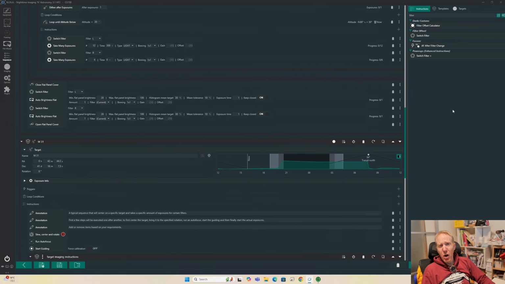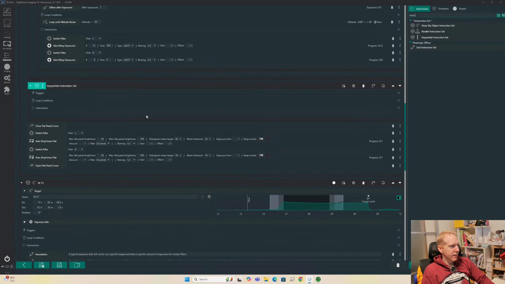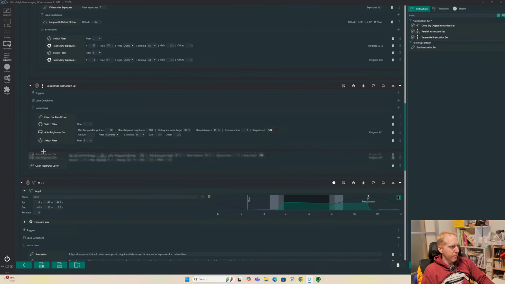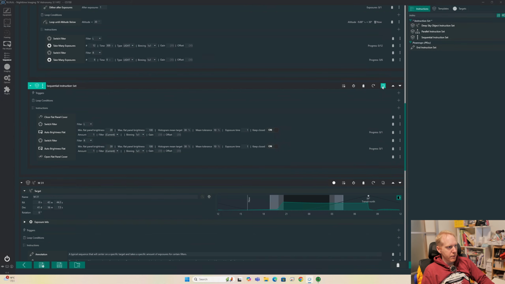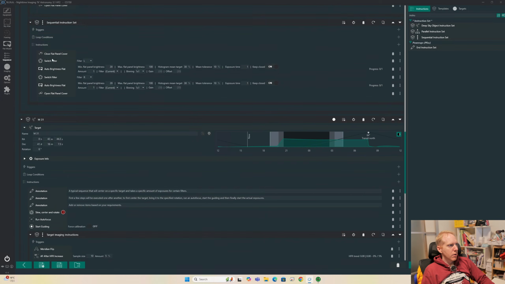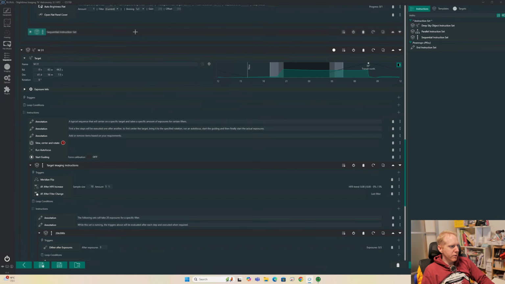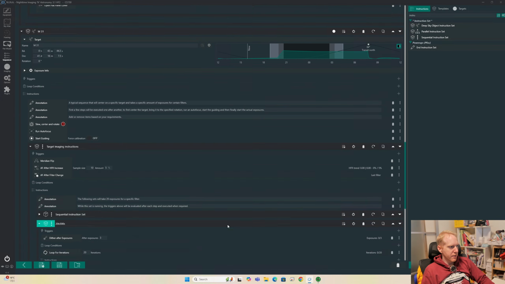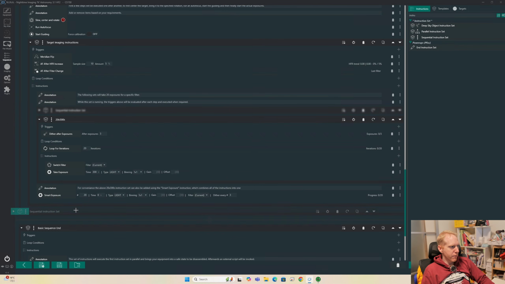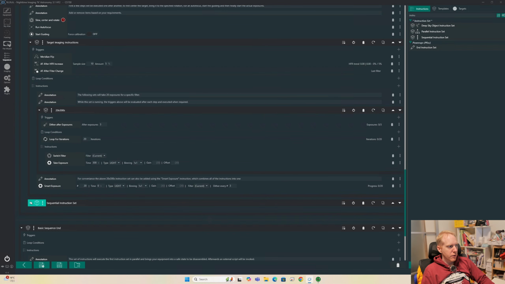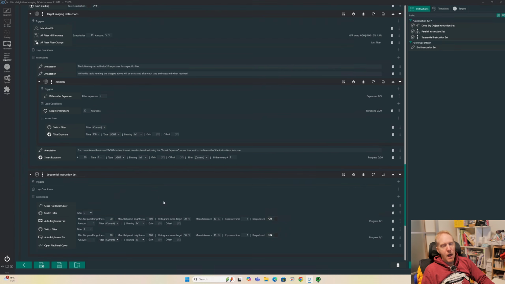And to make things easy to copy in between, I should create an instructions container. So I'm going to search for instruction, say sequential instruction set, add it here, move all of that stuff underneath, pam, pam, pam, and pam. There we go. And now I can make a copy of that whole container and also put it small and drag and drop it. I'll first drag and drop it here, and then now I'm ready to put it at the very end of the next target as well,